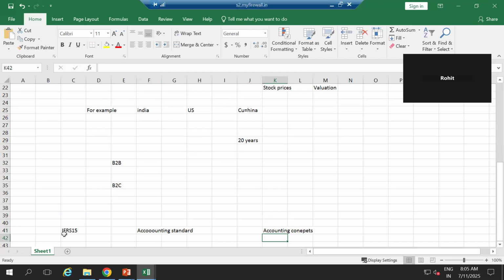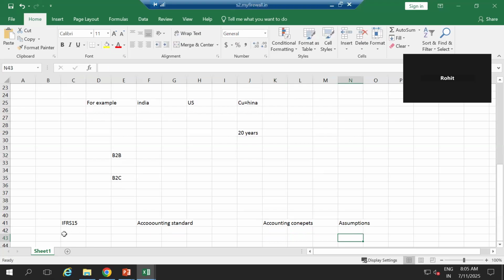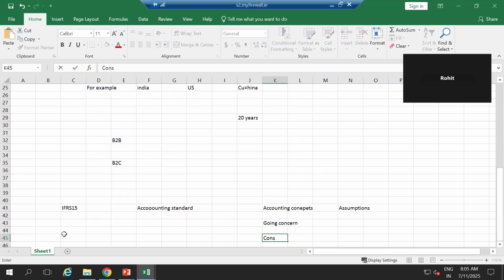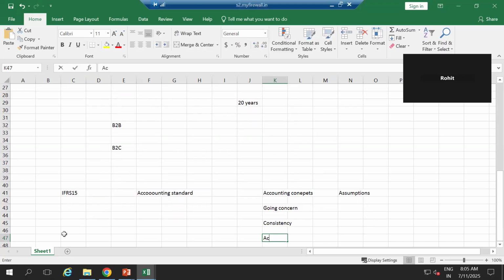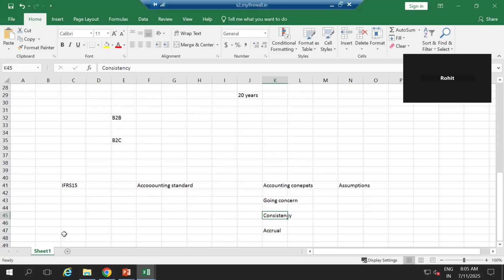What are the three fundamental accounting concepts? There are three fundamental accounting assumptions. You mean golden rules of accounting, like what comes in credit? No. The fundamental accounting assumptions or concepts are going concern, consistency, and accrual. So going concern means you have to assume that the company you are working for,